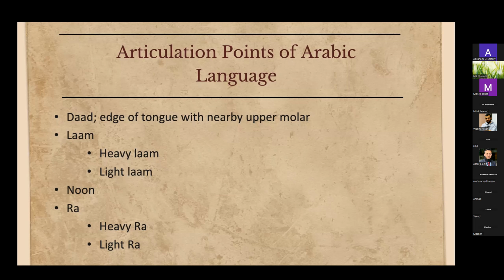The articulation point of the letter ra is from the tip of the tongue with what lies opposite to it of the gum, close to the articulation point of the noon. The gap through which a part of the sound passes when pronouncing ra, without which the articulation point would be locked completely, which would result in the forbidden repetition. Okay, so this is a tricky one. One thing to remember is don't make it repetitive. As we said, you can't say mir like this,